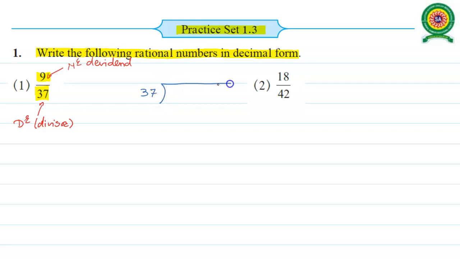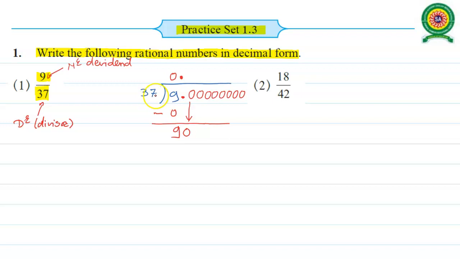Keep in mind that first of all, as the dividend is less than the divisor, there is a divisibility of 0. The remainder becomes 9. Again, the remainder is less than the divisor, so we have to put the decimal point in the dividend as well as the quotient. Now after the decimal we can include a number of zeros. So the next 0 comes down, it generates a 90.